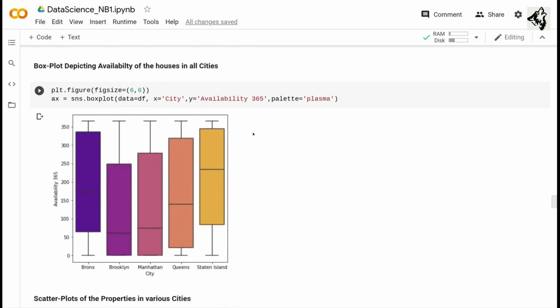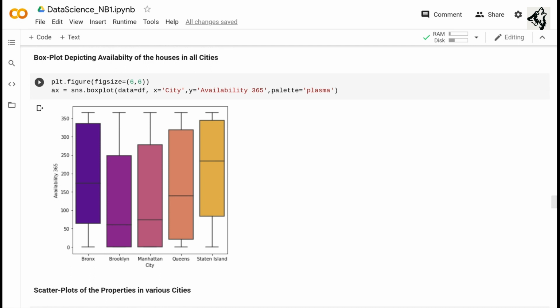Now we will show the box plot. The box plot basically has 5 parts: the minimum value, the quartile 1, the median, the quartile 3, and the maximum value. So anything below the minimum value and above the maximum value can be considered an outlier. And as explained by me already, the median is the value that, when arranged in ascending order, separates the values into upper and lower halves.